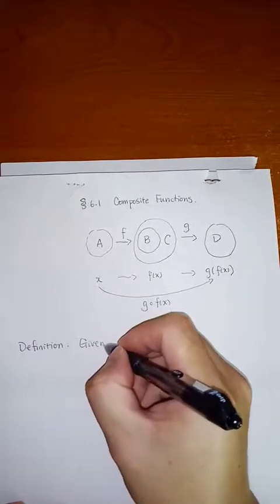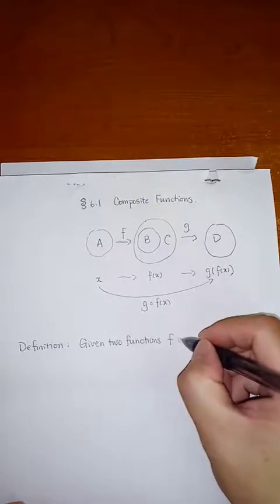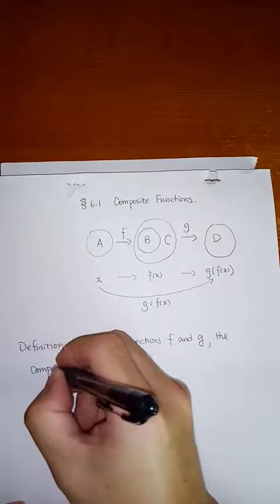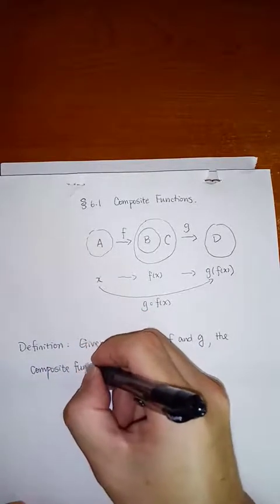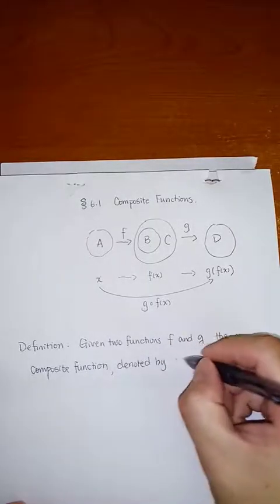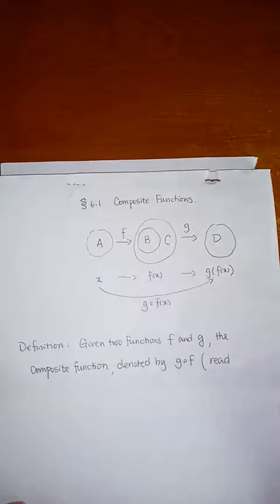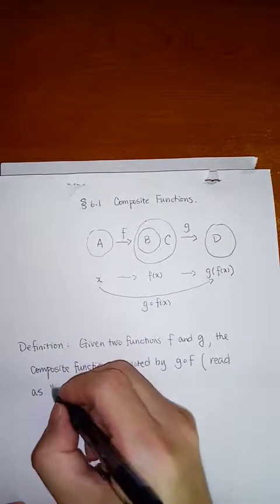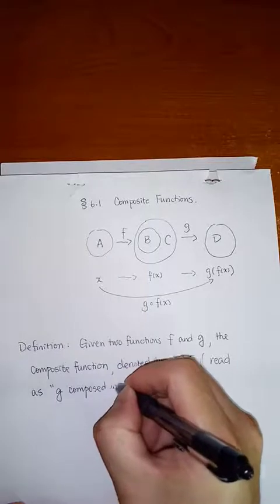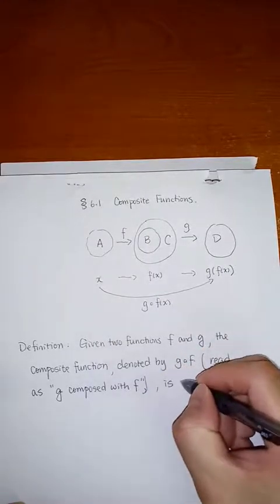So given two functions f and g, the composite function denoted by g circle f, in our order, we read as g composed with f. G composed with f is defined